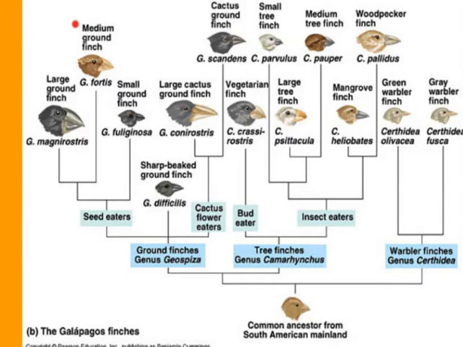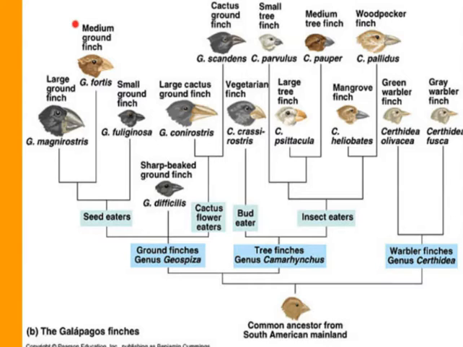Here's a kind of genetic family tree of the finches that live on those islands. There's 13 Galapagos Islands. There's actually another island that's pretty close, so you see 14 finches here. It's not technically a part of the Galapagos Islands, but there's another finch species that's made its way to that island, and it's a whole separate species too, and they didn't discover that till a little bit later. But Darwin